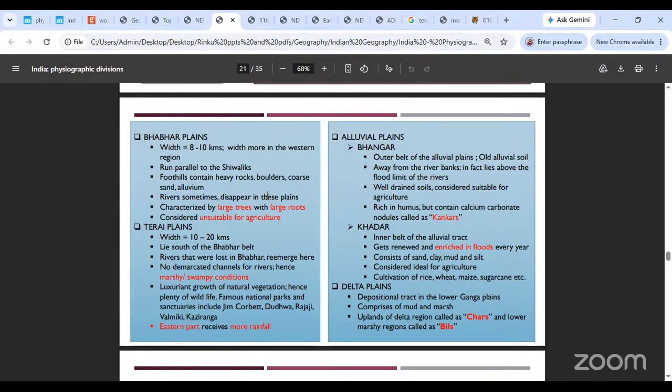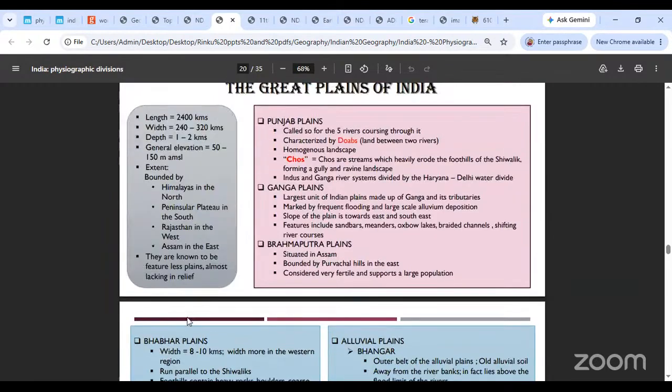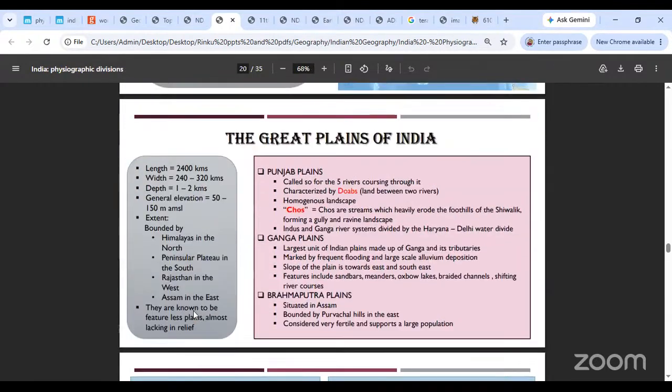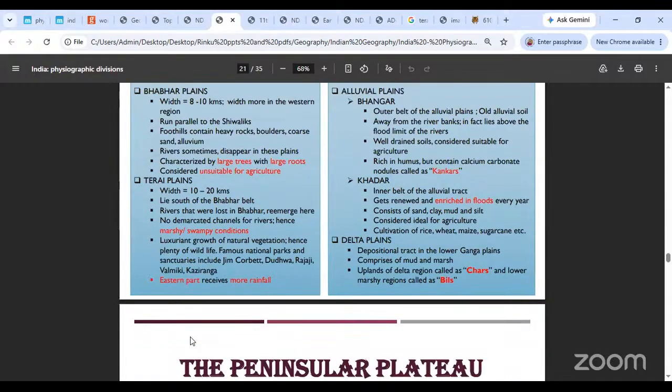Here we are. Until last time, we had covered the Great Plains of India. First we did it region-wise. We did the Punjab, Ganga, and the Brahmaputra plains, and later we went on to do it north to